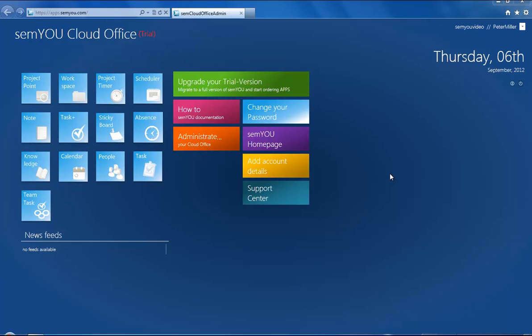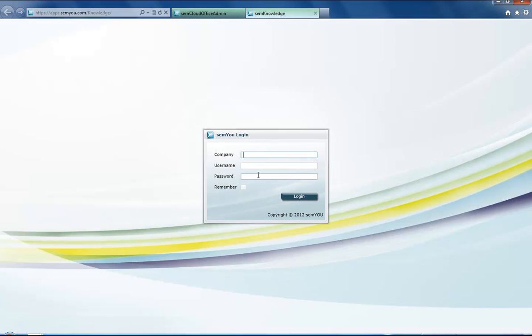The app I want to show you now is named semKnowledge, and this is an app where you can store different kinds of knowledge. In the main Cloud Office, we started by clicking on the icon, and when we complete the login form with our details,